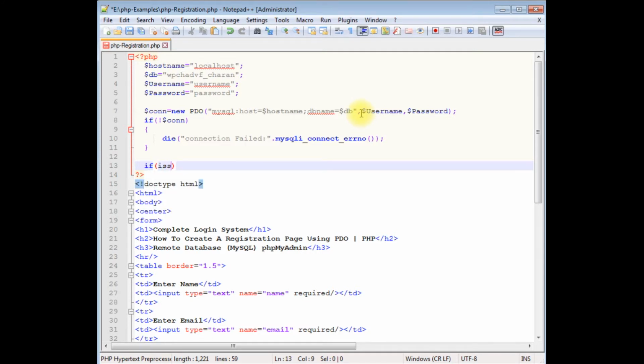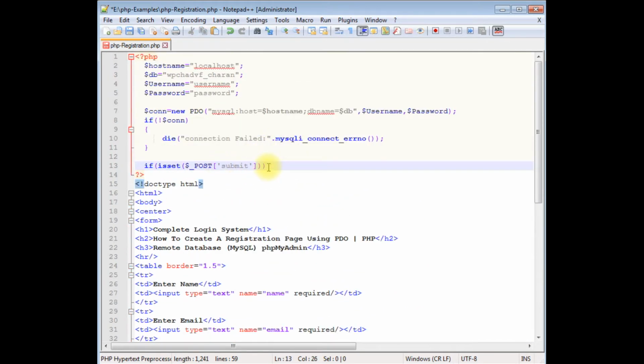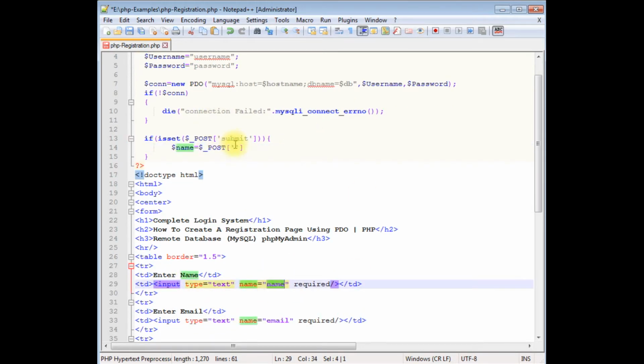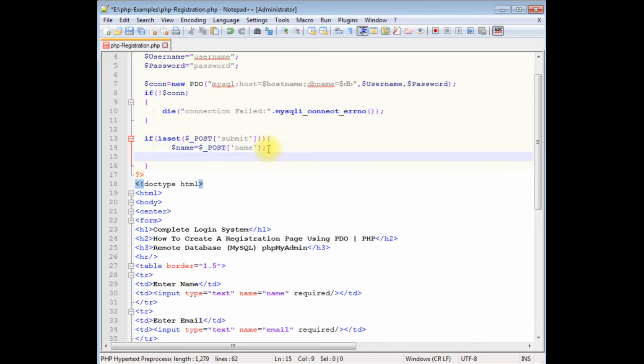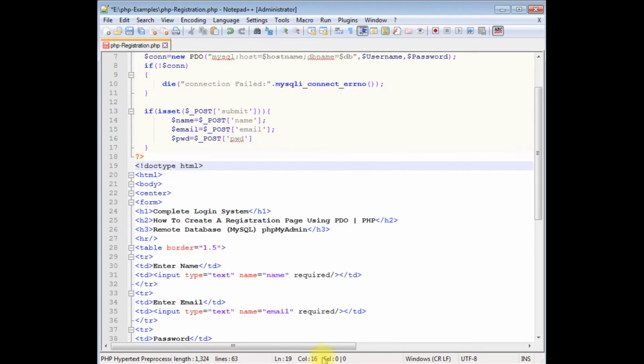If isset $_POST between square brackets, I'm adding my button control name. $name is equals to $_POST, I'm adding the input text box name; $email is equals to $_POST between single quotes email; $password is equals to $_POST double quotes pwd, which is this one;